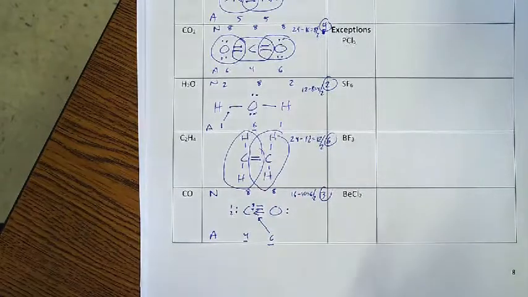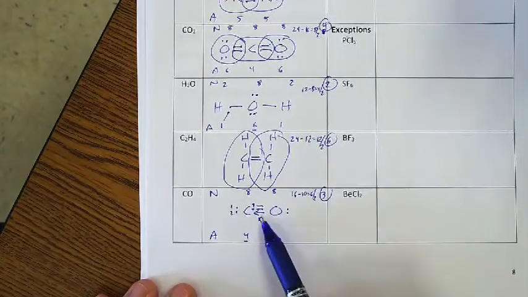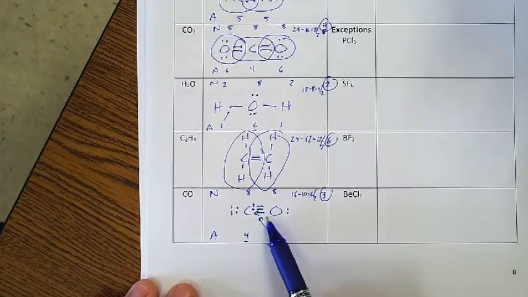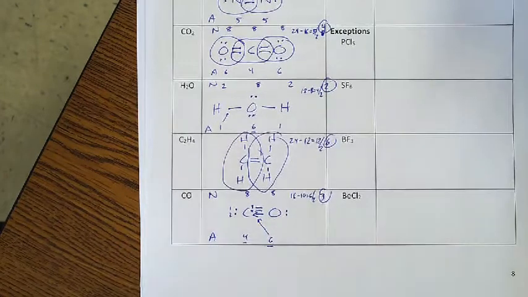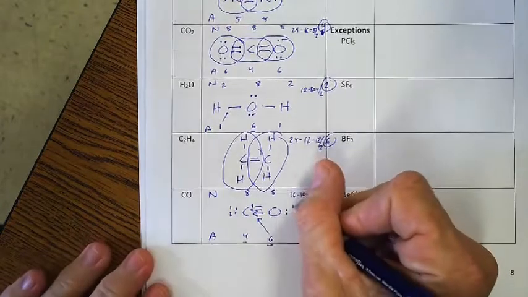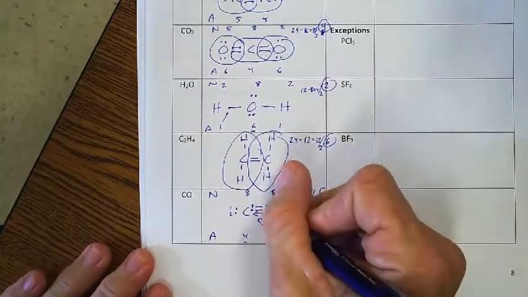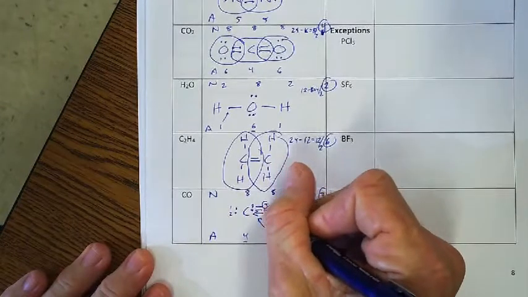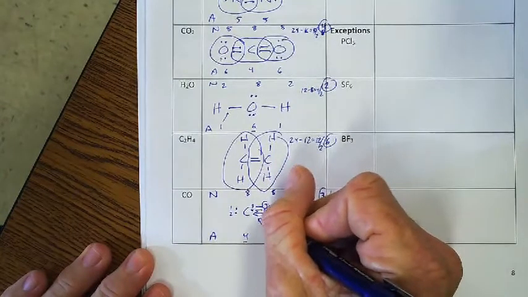So that arrow means that's called a coordinate bond. And a coordinate bond by definition is a bond where both electrons come from the same element. That's what a coordinate bond is. You identify that with an arrow, and it is pointing away from the element that's donating those two. So this one, there's its first, second, there's its third, there's its fourth, there's its 5th electron, and there's its